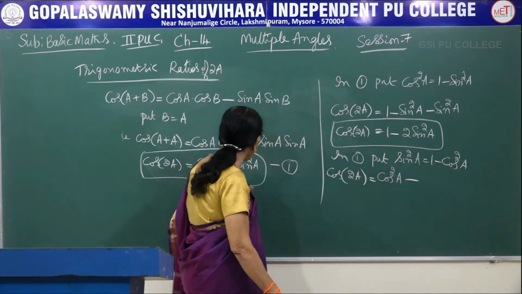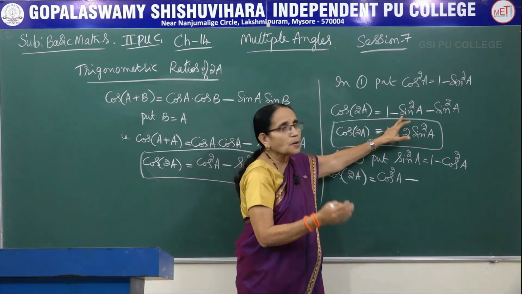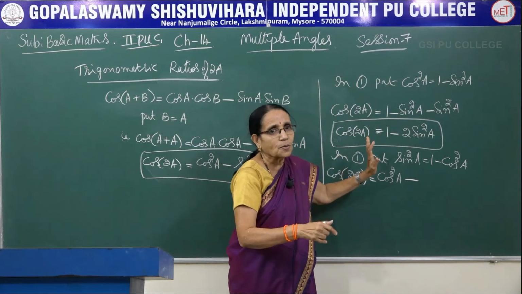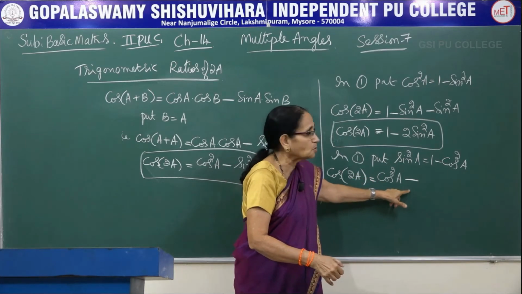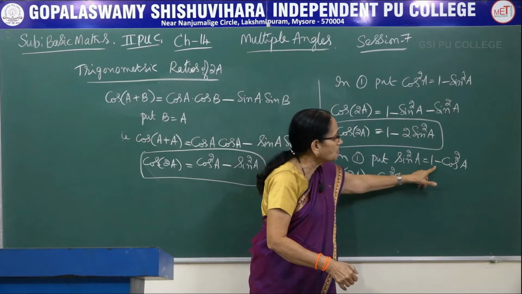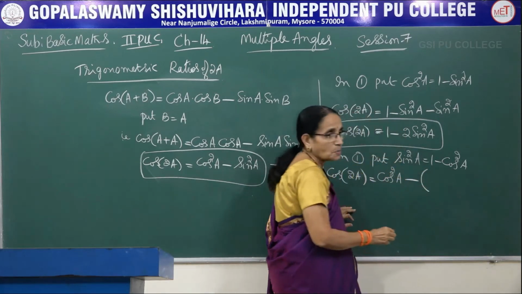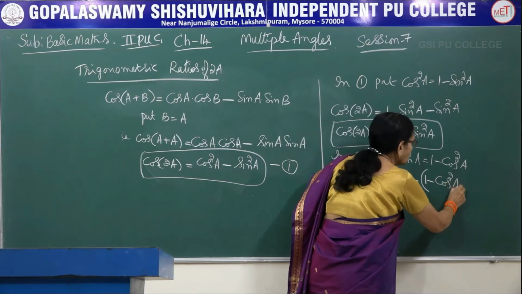Now we are having a minus sign here. See in the previous step, cos square A was the first term. So directly wrote it as 1 minus sin square A. Whereas here, after cos square A, there is a negative sign. And sin square A is replaced by these two quantities. So always write inside the bracket. That is 1 minus cos square A.